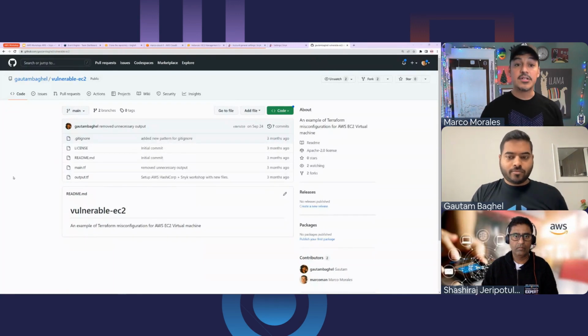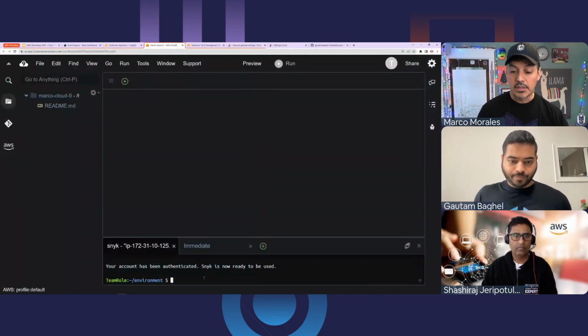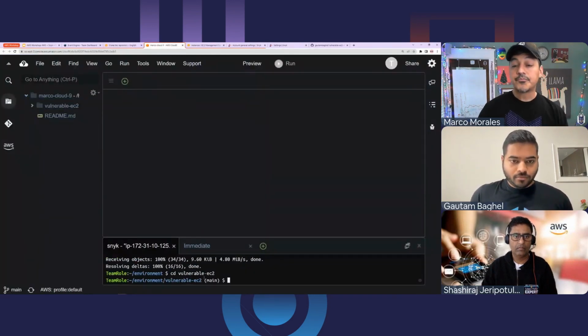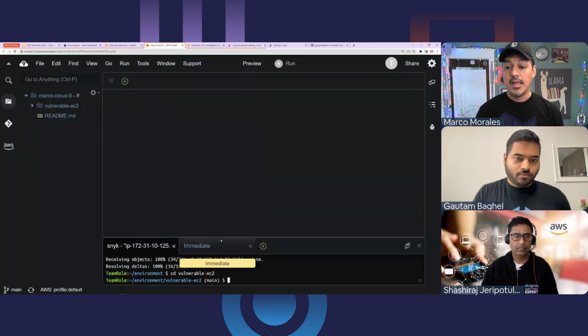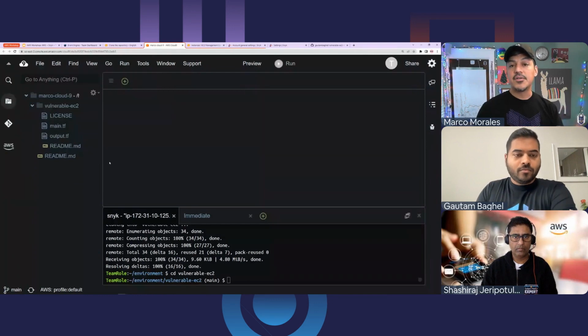Check it out. There's a couple different branches on there. You'll see evidence of me working with Gautam over time. But the example we're going to use here is we're going to cut and paste this text to clone that repository locally into my Cloud9 environment. And what you may have seen is that on the left side, the Cloud9 IDE environment has this directory structure that just populates because it knows I've got some new code. So we've got the code locally.